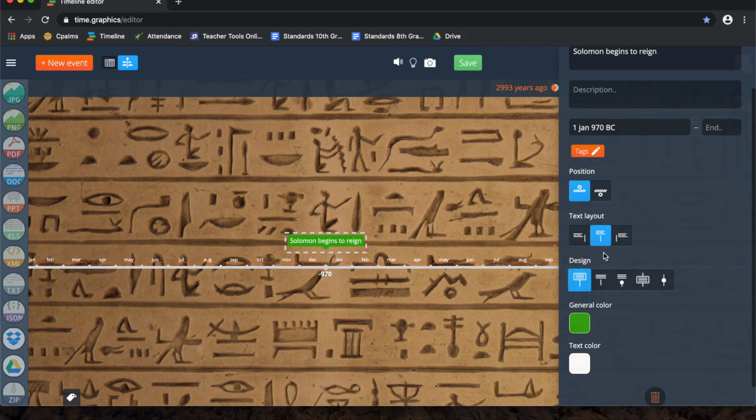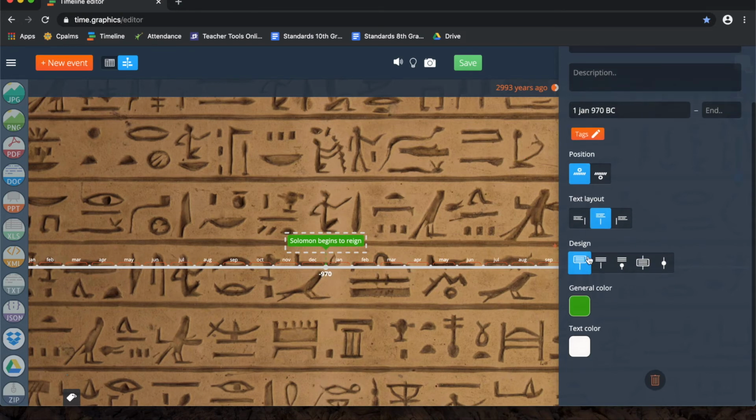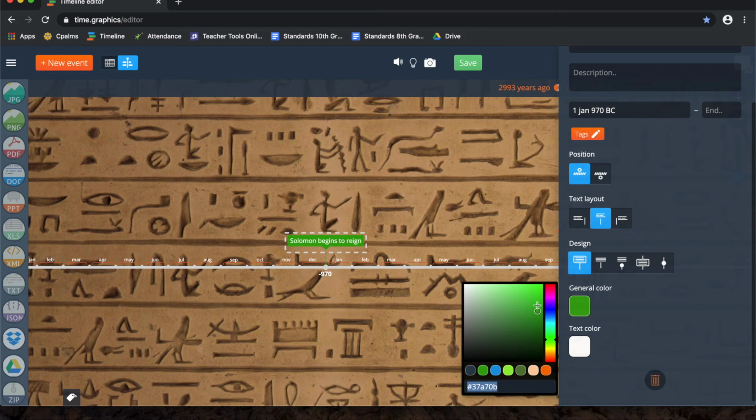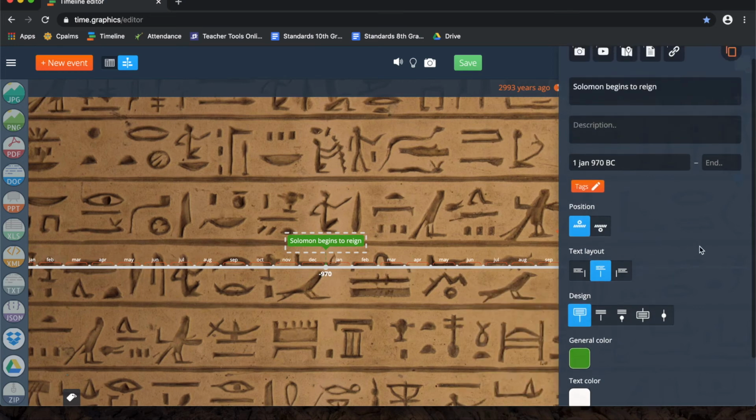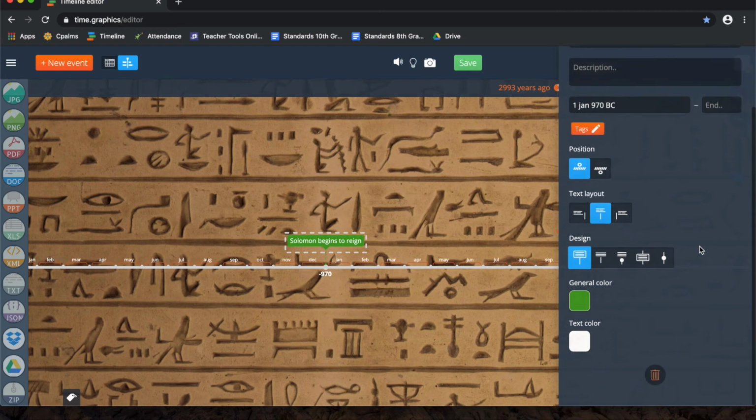But in design, I want everybody to choose the first option, which puts the text inside the bubble, and that way you can see the text against your background. So just choose the first one, and then you can change the color as you wish. I'm gonna choose green in this case, and then you can also change the color of the text. Okay, so once you are done,